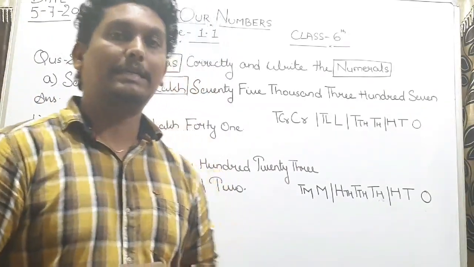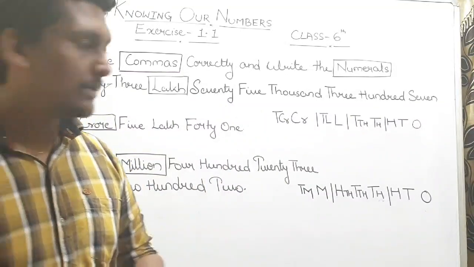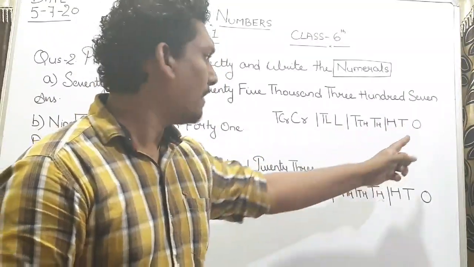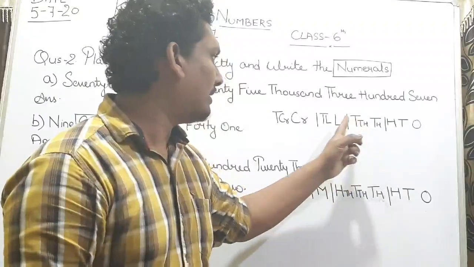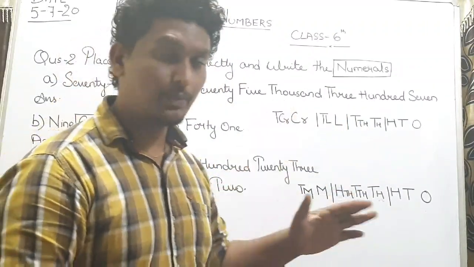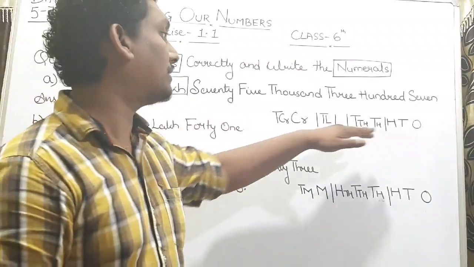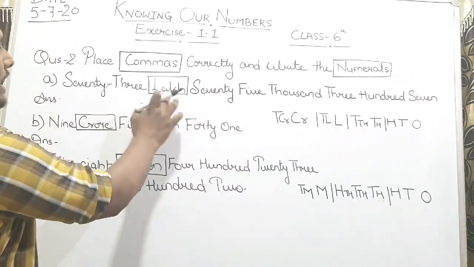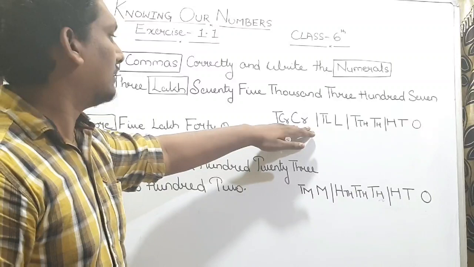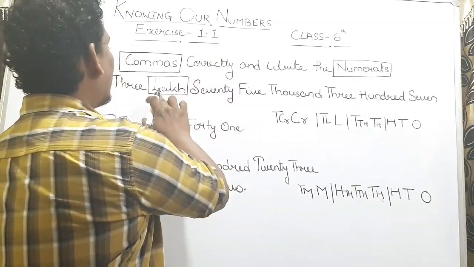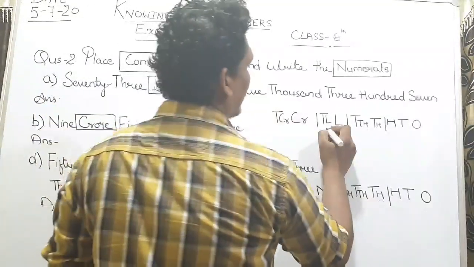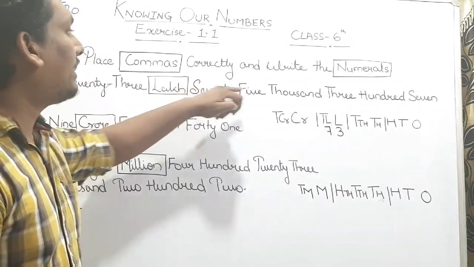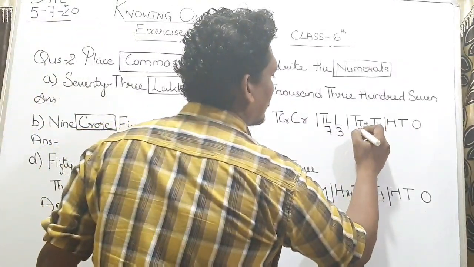So how to write this number without any mistake? What you have to do is first just take out your pencil or do it in rough. Just make this place value system: ones, tens, 100, 1000, 10,000, lakh, 10 lakh, crore and 10 crore. Since we are dealing with the Indian system, we will write the place value system of the Indian system, right? Then what is the question here? 73 lakhs. Okay, the crore section is not given, so go to the 73 lakh section. So this is 73 lakhs. Okay, now 75,000. This is 75,000.